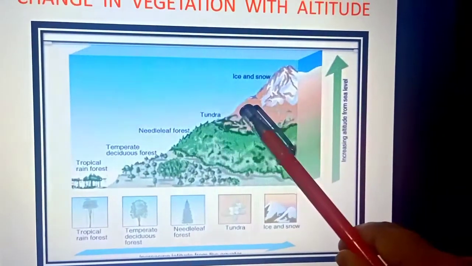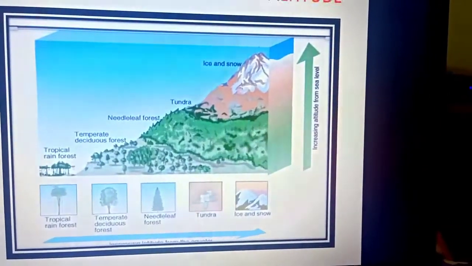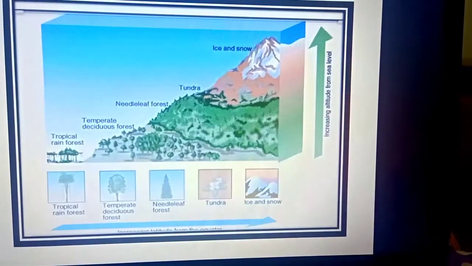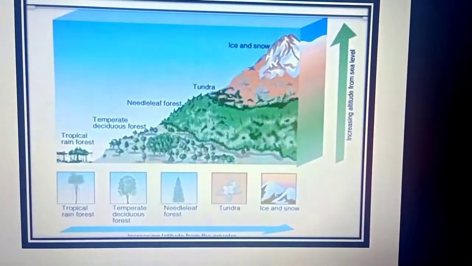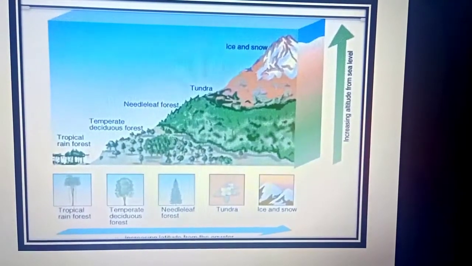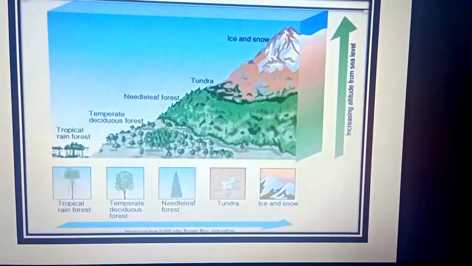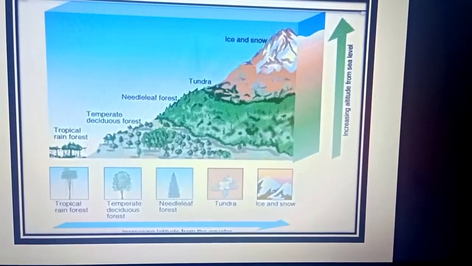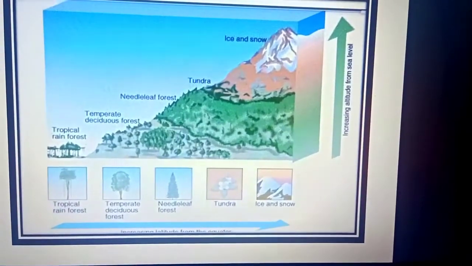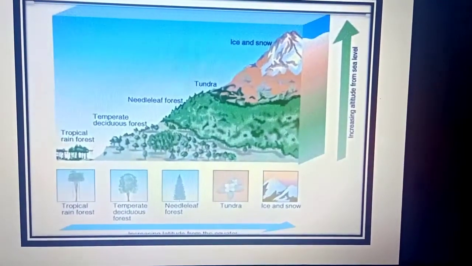As we proceed further with altitude, temperature further reduces. It is very low and here we find tundra type of vegetation. As you remember, I have taught you in standard 9, tundra vegetation has mostly mosses and lichens and they grow only in summer. They are actually leaf-like vegetation sticking to the rocks when the snow melts. Otherwise, there is no vegetation during winter.